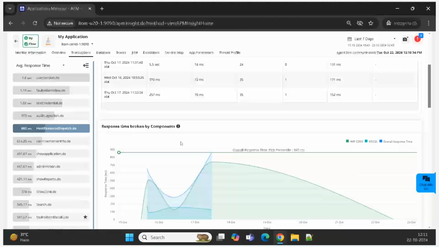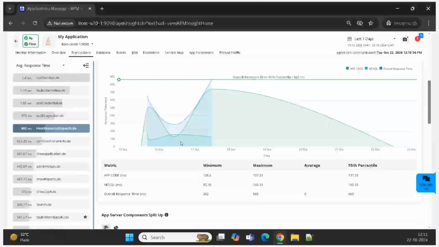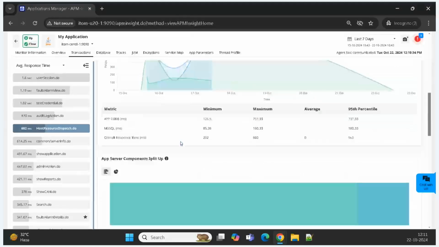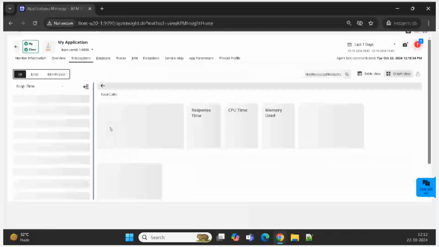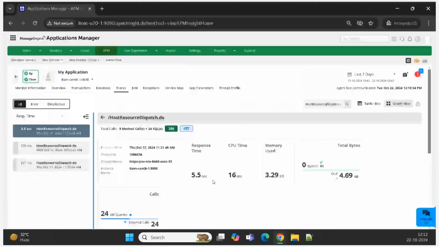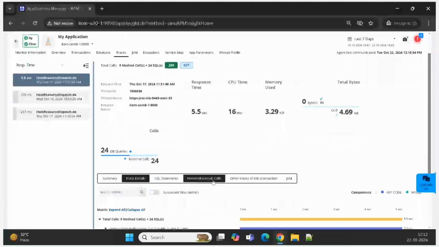I will also be able to monitor the response time broken down by components like the application code, the database query, MS SQL, and the overall response time. By clicking on an individual trace, it provides the method calls and the SQL calls involved in this particular transaction, its response code, and the method used for the transaction. Also, it will help me